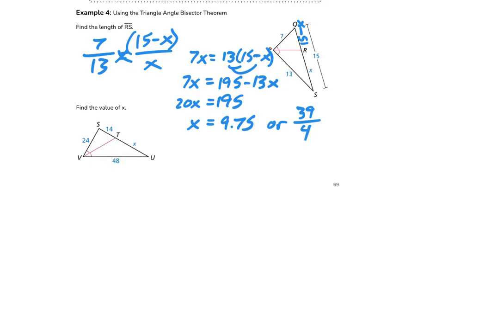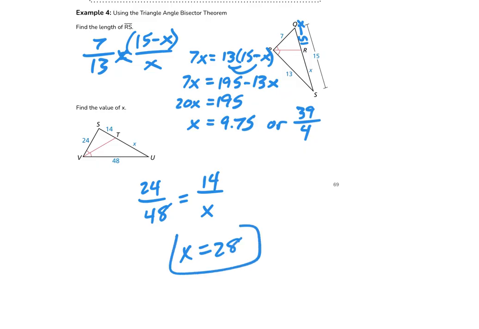Okay, this one here is a whole lot easier. Because we don't know the entire length, we're just going to go 24 goes to 48 as 14 goes to x. Here's another one of those where this is 2 times bigger than this, so I could find x really, really quickly by just doubling it, okay? If you recognize that. That may not be something that a lot of you may recognize, but either way, if you cross multiply it, you'd still end up with